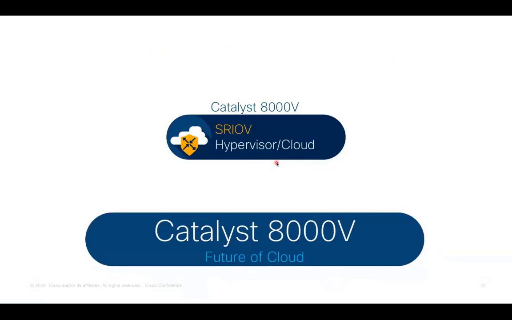So now I will talk about our new virtual portfolio, which is Catalyst 8000V. This virtual portfolio will be introduced in the 17.4 XE release, and this will be our future virtual aggregation in multi-cloud environments like AWS, Azure, or Google Cloud.